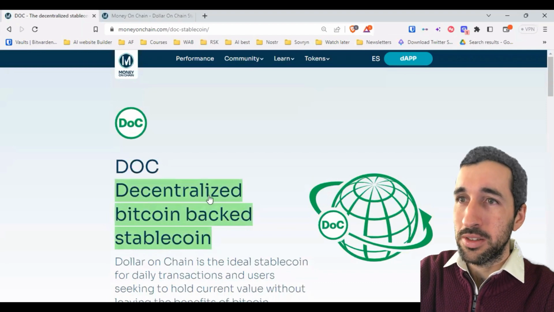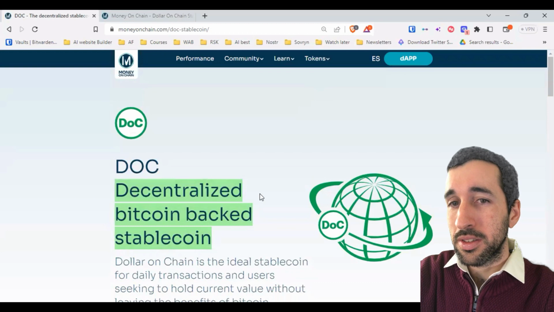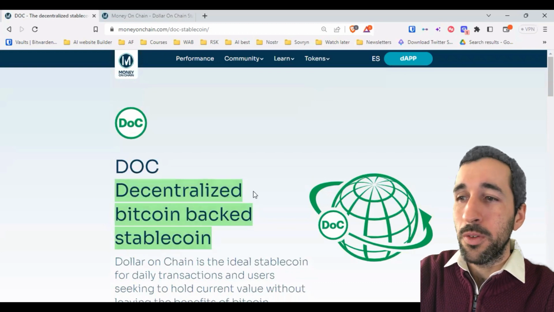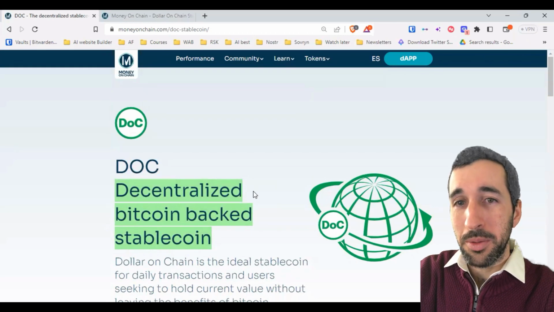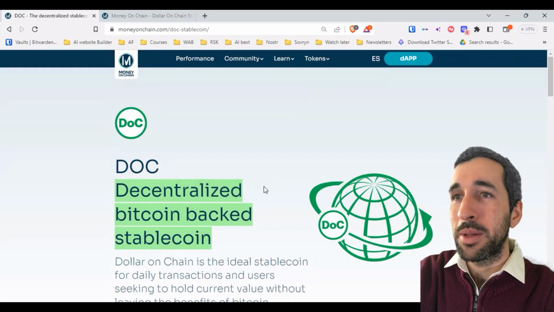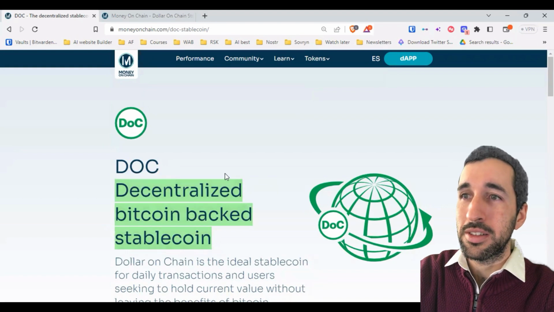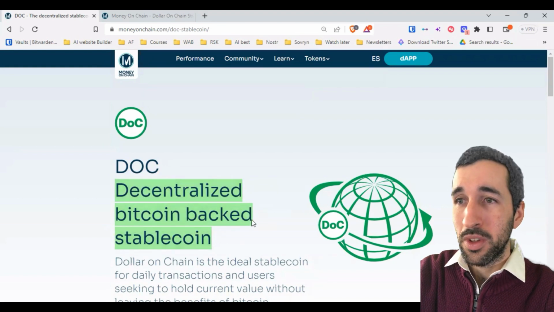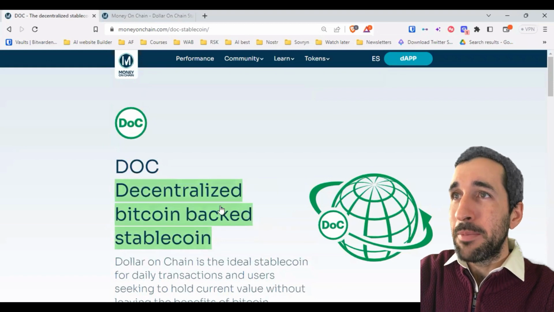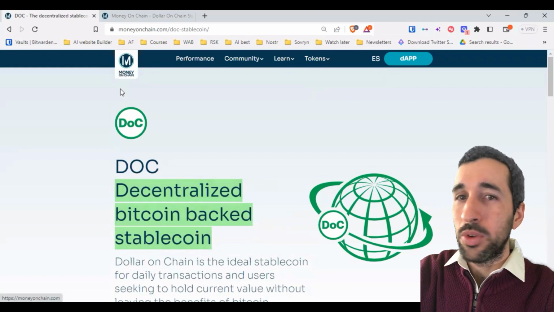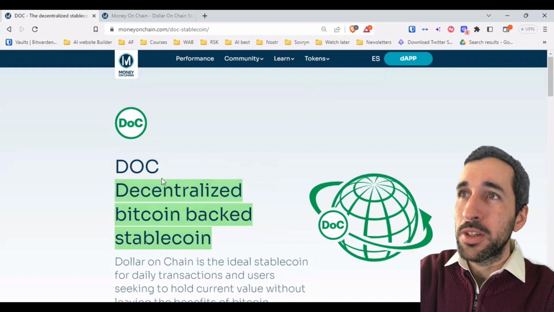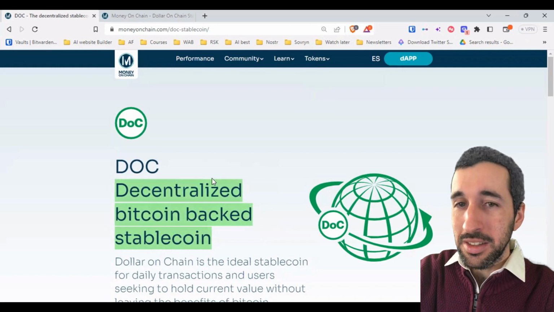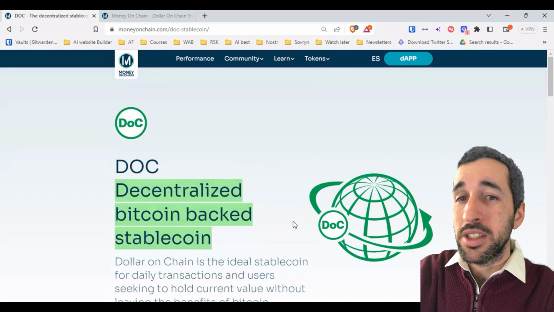Alright, so decentralized, of course, is the opposite of a centralized stablecoin. You can think of USDT or USDC as a centralized stablecoin, meaning there's a company behind it and the company makes sure that the stablecoin keeps the value of $1. The revolutionary thing about Money on Chain is that it's actually decentralized. There is no company behind the Money on Chain protocol. The protocol just exists. It was created by an Argentinian team,